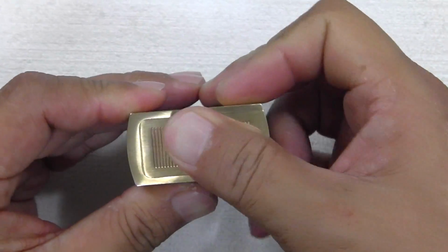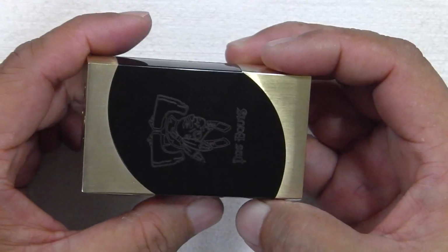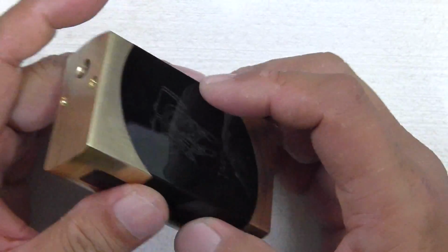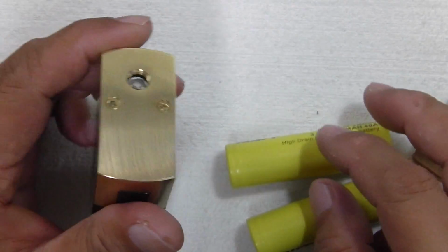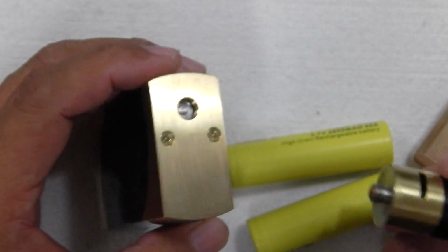Push it in, slide it in, and that's it. You're good to go. All right. If you want to put your ATI in, it's always advisable, sorry I forgot, to take out the batteries before you put in your batteries,